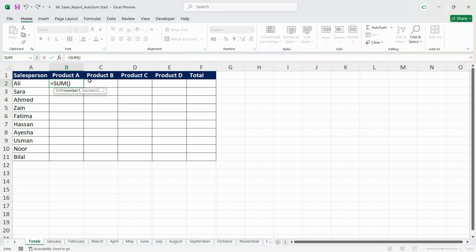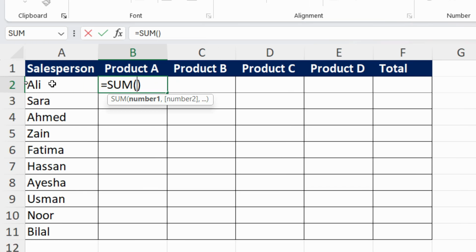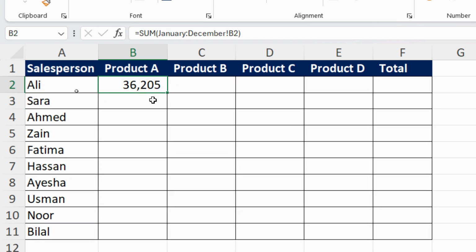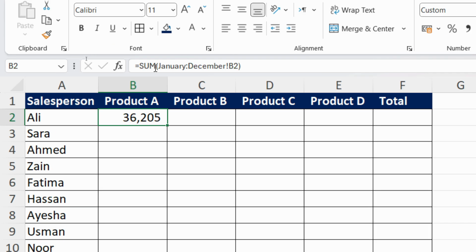Now what we need to do is just see it carefully. First of all, we will put a single quote, which is called an apostrophe. Then we will write Static here, close the apostrophe, and then write an exclamation mark and write B2. Now why B2? Because that is the cell I want to add up across all of the sheets. So as soon as I press enter, it will sum all the sheets and it will automatically change the reference